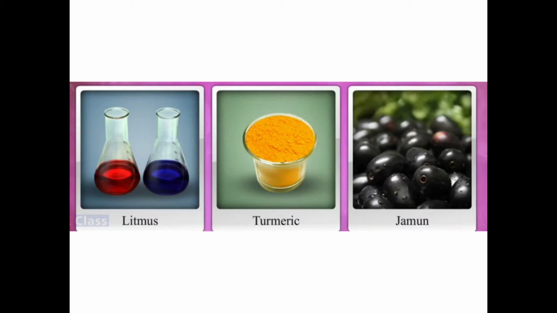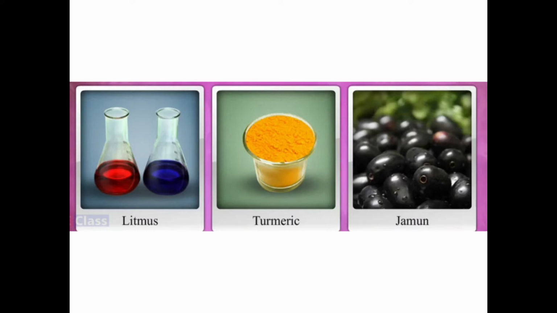When you got hurt and you apply a little turmeric on it, by chance if it falls on your clothes, when mama soaks it in the detergent powder solution, that particular part of the cloth becomes reddish in color. So it is the indicator that in a basic substance turmeric turns red. So if you keep a little turmeric over the soap also, that also will turn red.